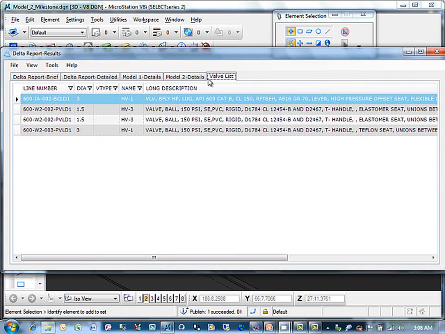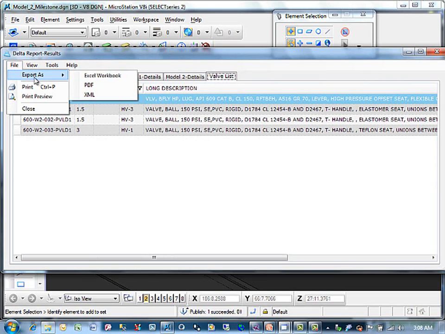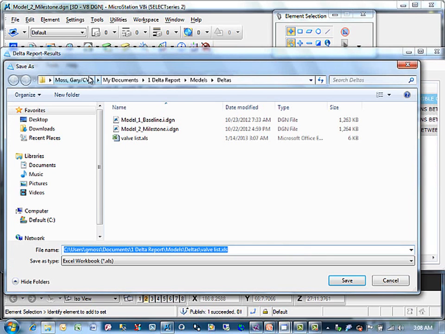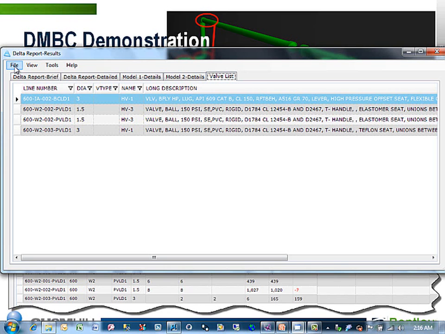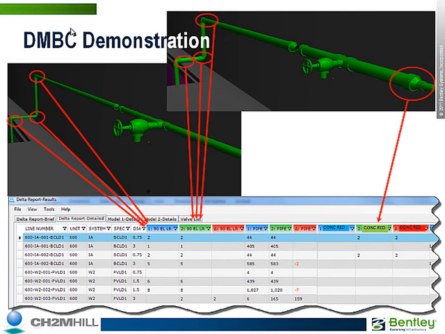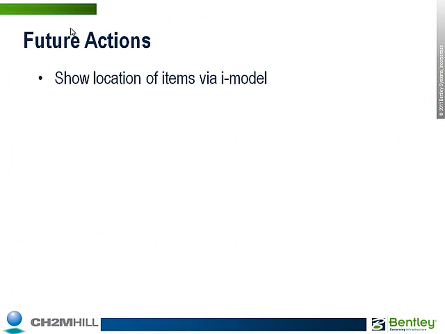The valve list contains a complete extraction of all valve data from iModel 2, which is the milestone model. The valve list data can be exported to an Excel workbook, which can be used by SpecWave for the automatic generation of valve specs for all valve types present. Currently, that's all the capability built into this tool, but in the future, we expect to be able to expand